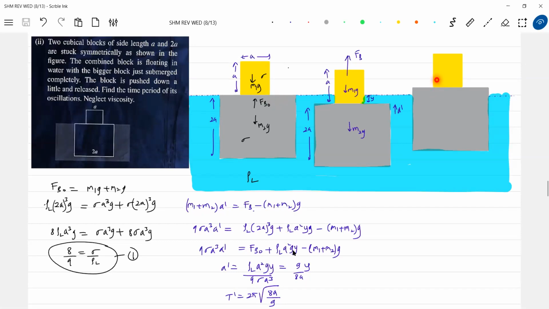Now it will start rising up. When it rises up, this much of buoyant force is what will decrease, no? Say (M1 plus M2) g will be as it is. No, FB naught. In FB naught, what happens? This much of buoyant force will decrease. Are you able to notice? Or you are getting confusion. You will do one thing. Call this Y, no? This is say some L, or R, you write it.